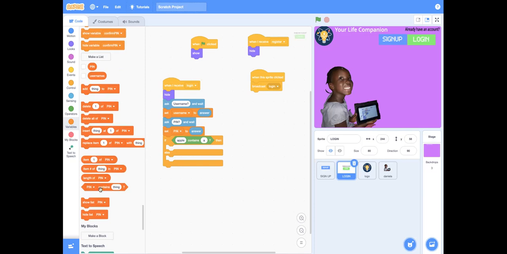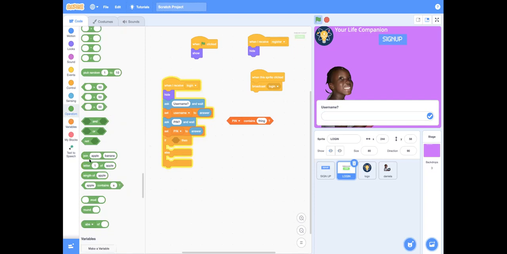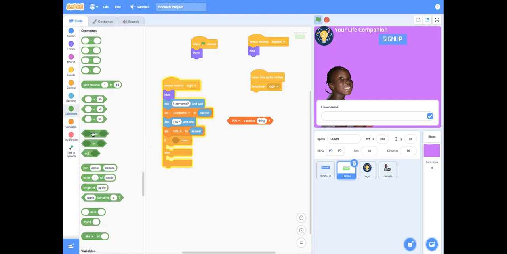Okay, let me look. So pin, you can just ignore this and use this contains. So here you're checking if pin starts with username. Anyway, you need to put the and, which is under operators, which is here. Put it here, then get this and say if